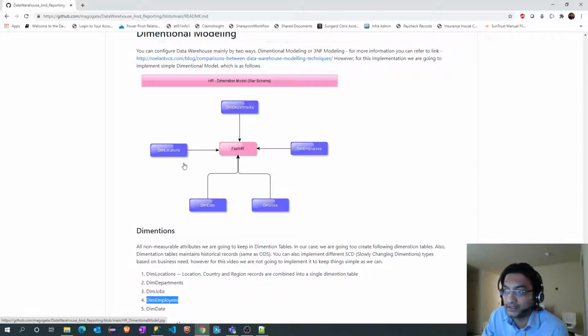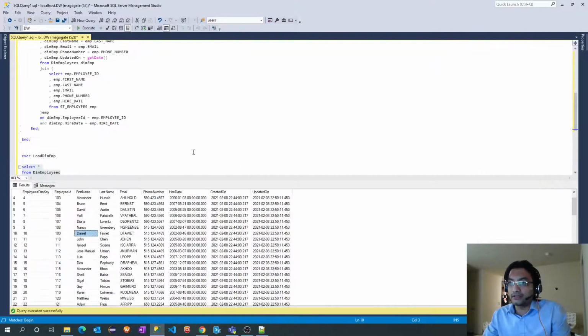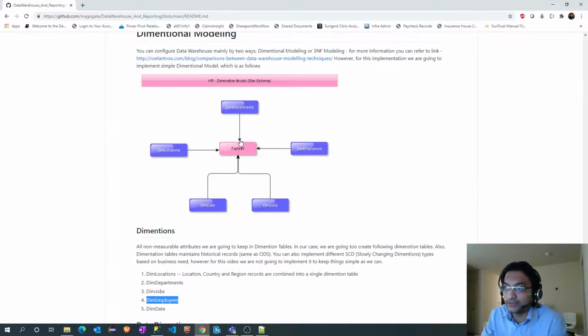All right, so if I go back here to our diagram, I have completed the load of all the dimensions. For 4 dimensions I have created stored procedures, and for 1 dimension I have created separate insert statements. The date dimension is constant and will not change over a period of time, so that is fine. For the remaining ones we needed separate stored procedures. At the time of the fact load, we are again going to create a separate stored procedure. So 4 plus 1, all 5 separate stored procedures we are going to keep in a single stored procedure.